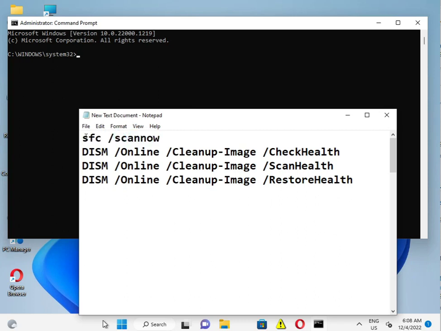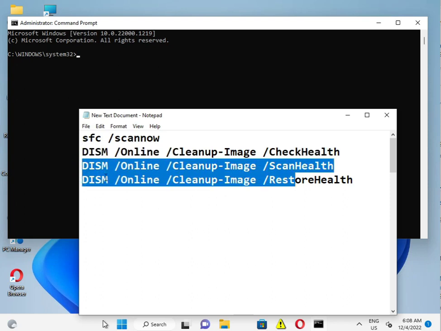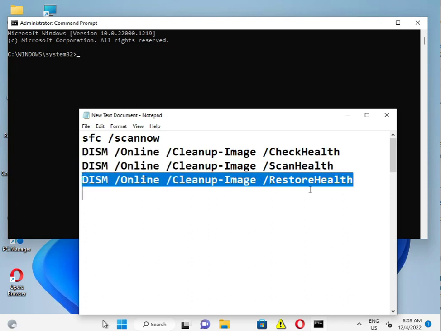You type this command first, then the second, then the third, and then the fourth. Type them one by one, and wait until it completes, because this process takes around 20 minutes, then we're done. And then the second solution is